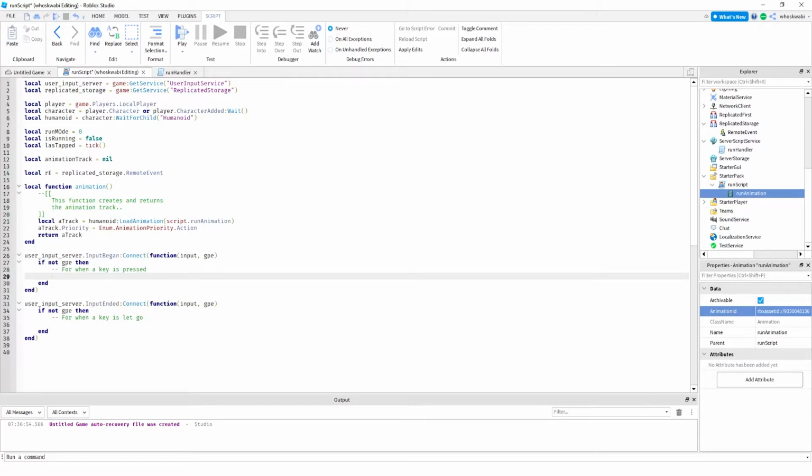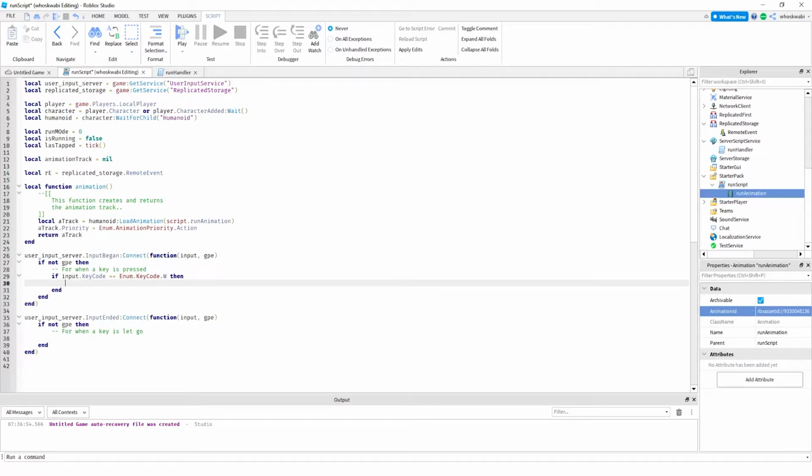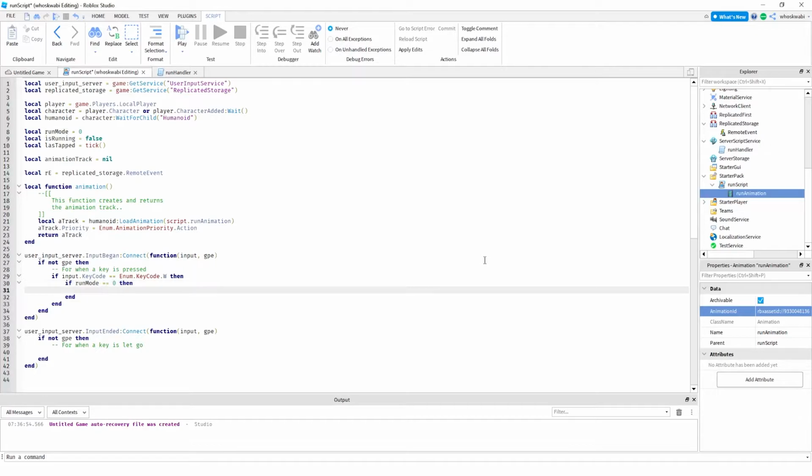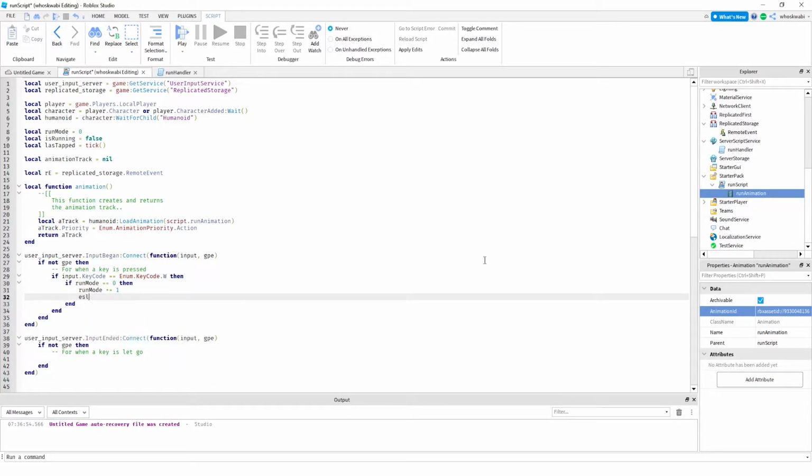Okay, we're gonna do if input dot key code equals enum dot key code dot w then if run mode up. Oh, is that what we named it? Oh no, we gotta fix that. Oops. If run mode equals 0, then what we want to do is add 1. So run mode plus equals 1. Okay. Else,